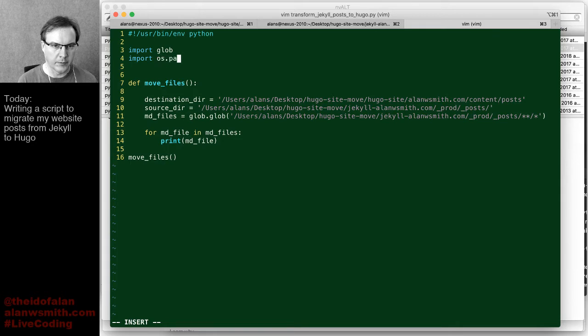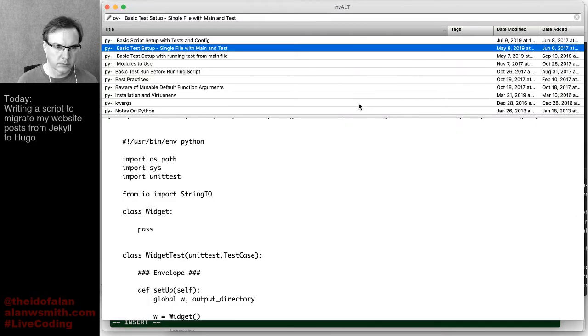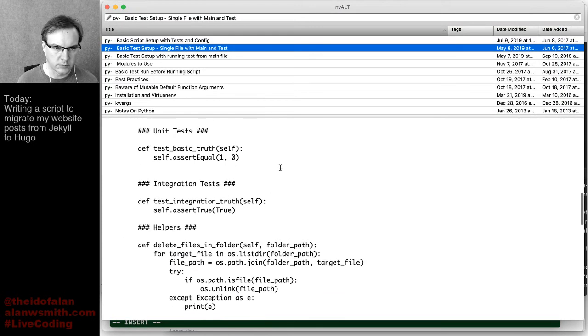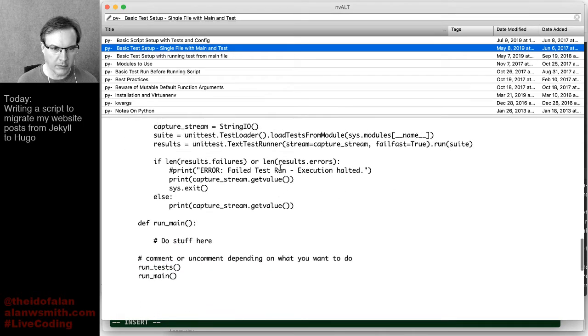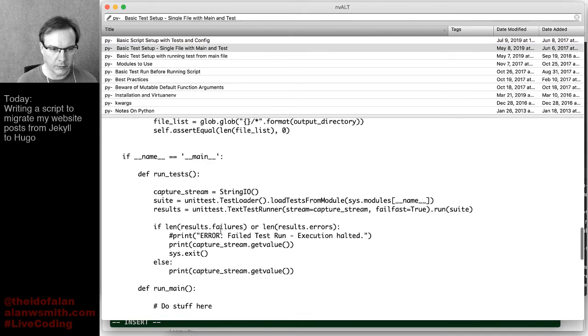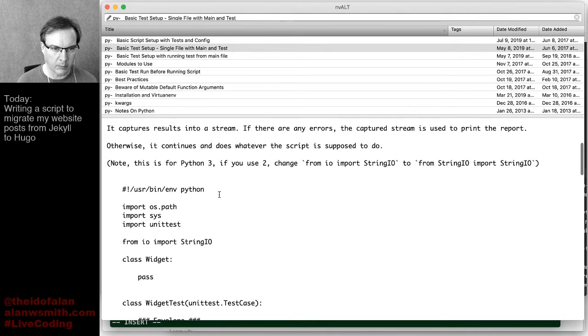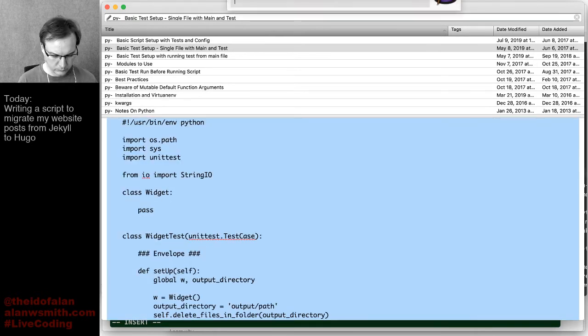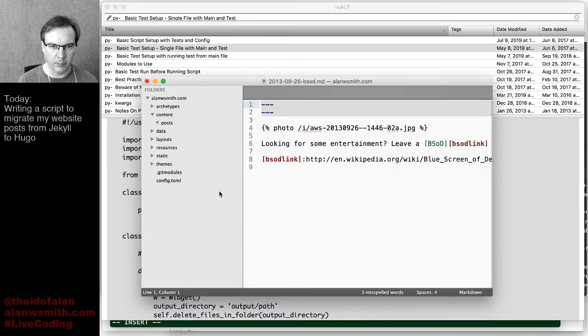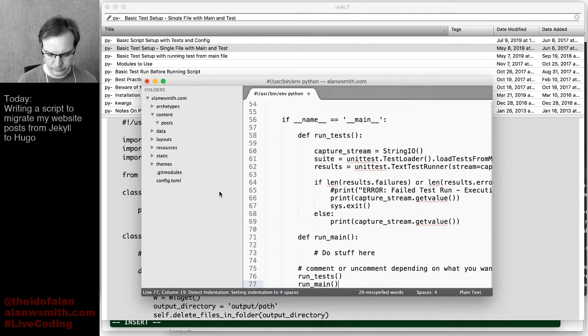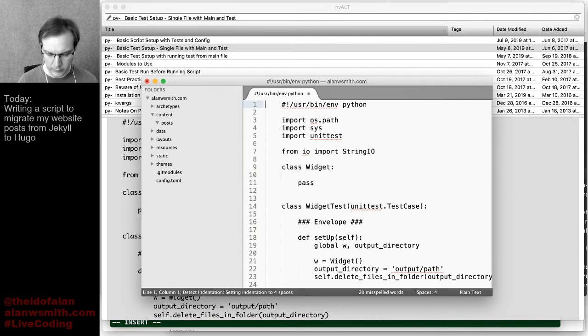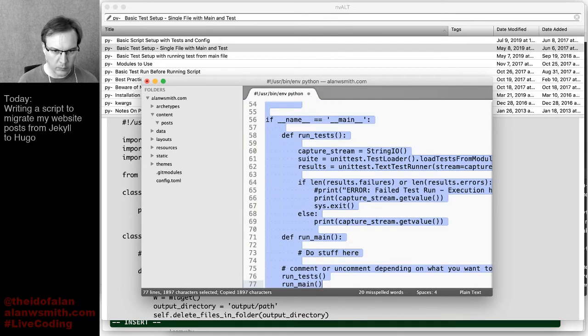Import OS path. Actually, I should just copy out and paste all this stuff, because this is a boilerplate for me. I built this boilerplate to get me set up pretty quick for doing this basic idea of a single